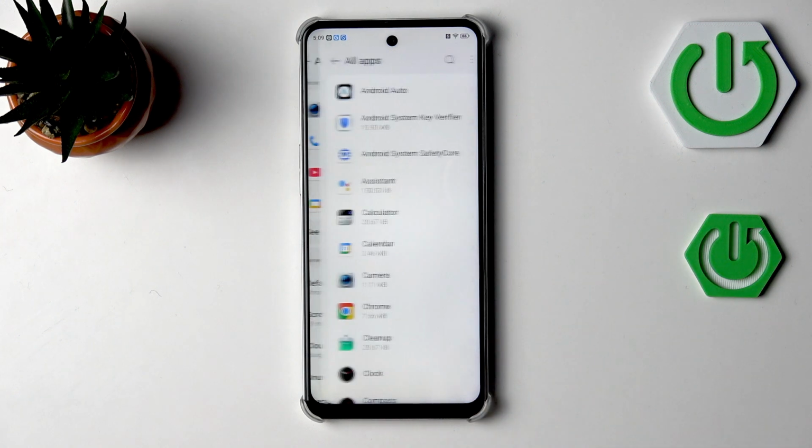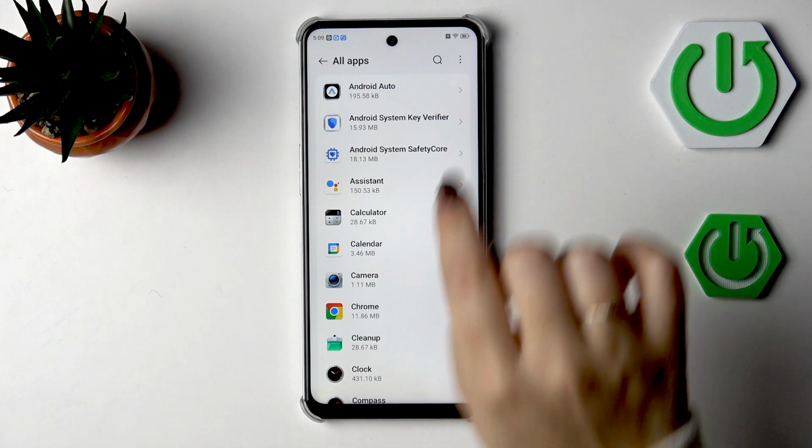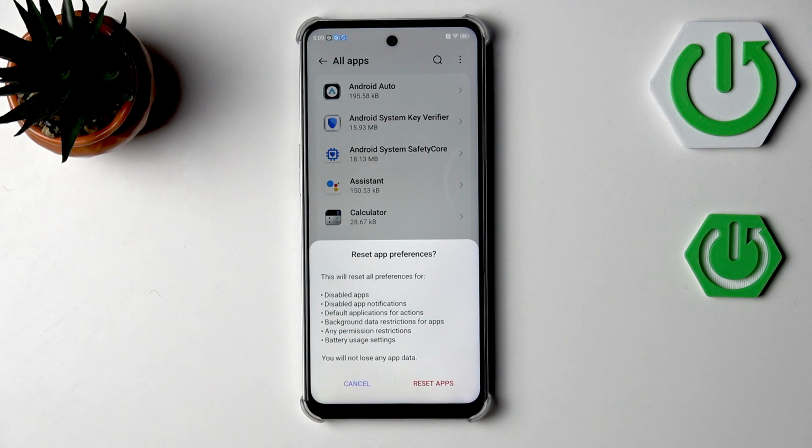Then let's tap on see all 43 apps, of course 43 in my case, and then tap on the three dots icon in the right upper corner. Then tap on Reset Up Preferences here, and as you can see, your device is informing you what it will